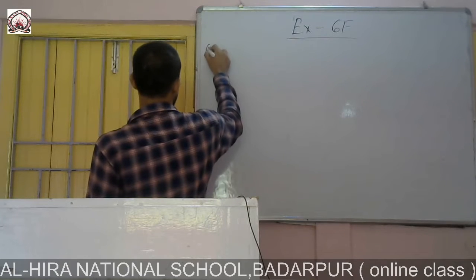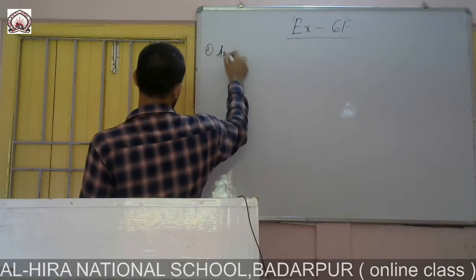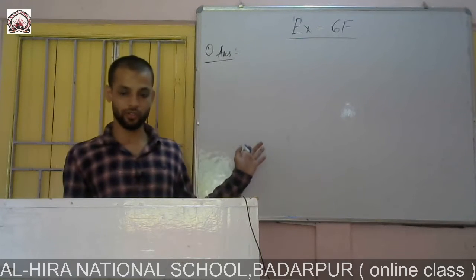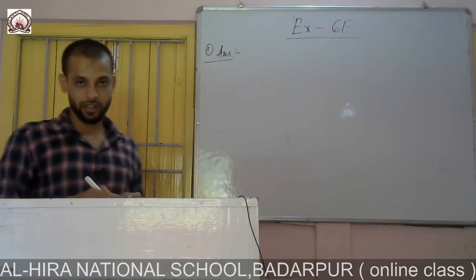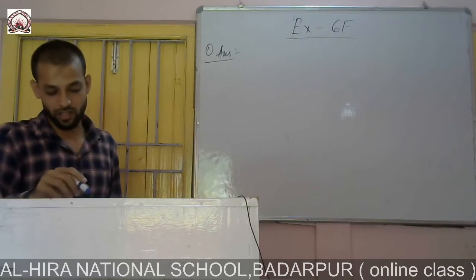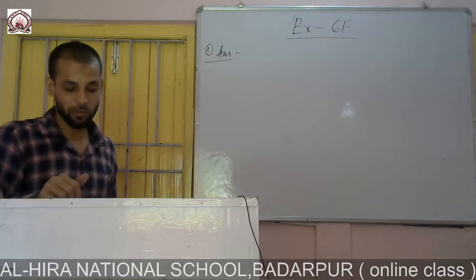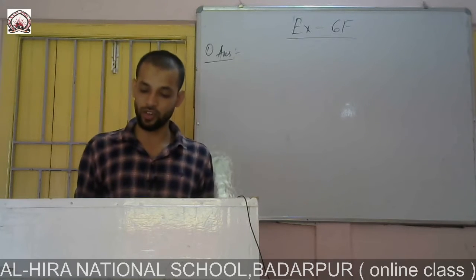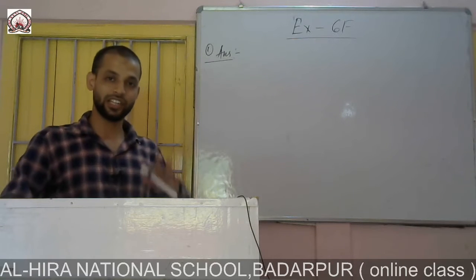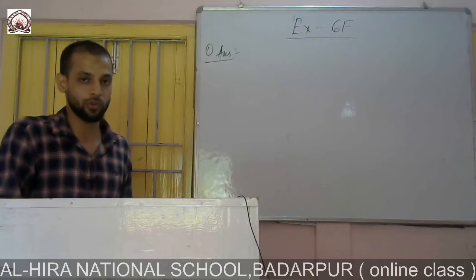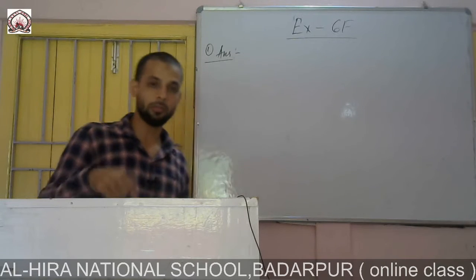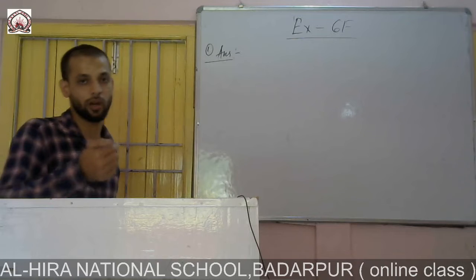Question number 1. I am not going to write down the question as it is there in the book, so let me read the question. At a dog show there were 35 Alsatians. The number of pugs were 18 less. How many pugs were there at the show? We have to find out the number of pugs. So the number of pugs were 18 less. So what we have to do? If 18 less, then we have to subtract 18 from the number of Alsatians, that is from 35.